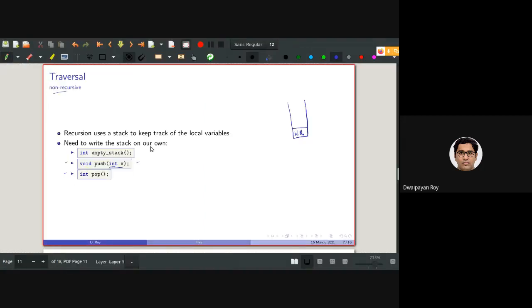And also, as we have said, this int data type should be changed to BT node type, a BT node pointer. So this should be changed as a parameter here.